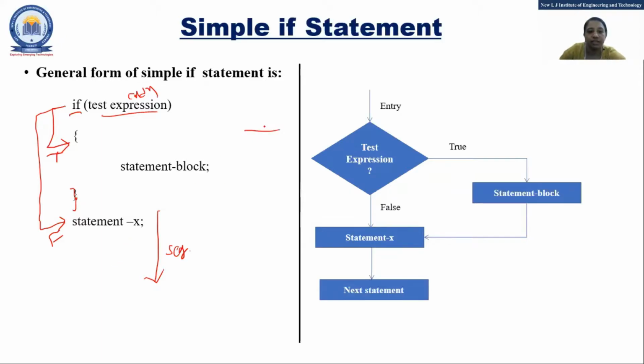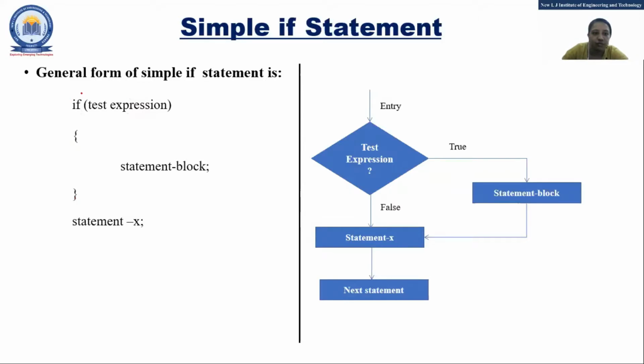Same way the flowchart for this. Entry, that means whatever statements are there before, they can be there. After that, test expression. So you can see that for if statement. Now how to draw this if in a flowchart? That will be using a decision box, right?